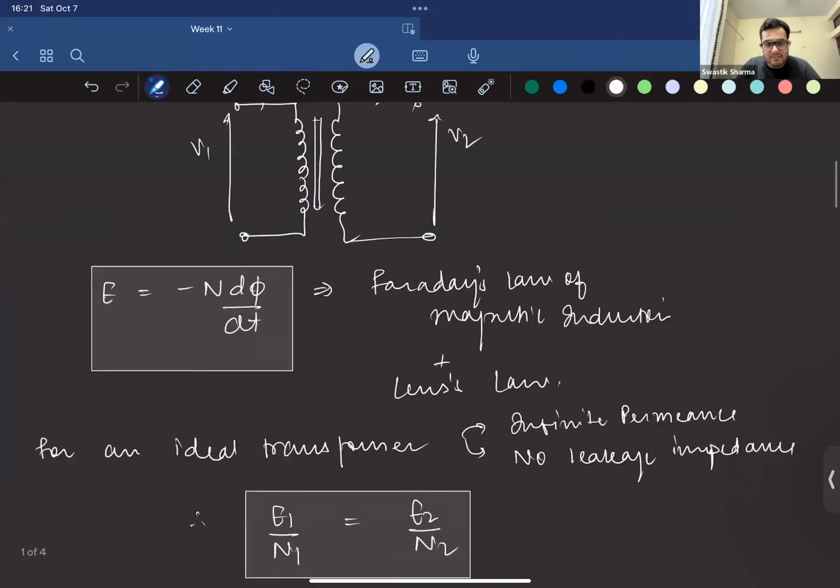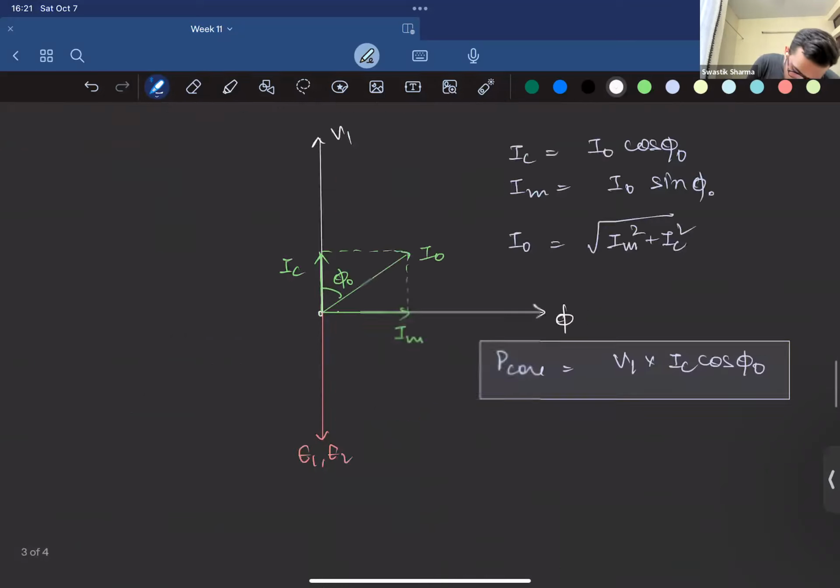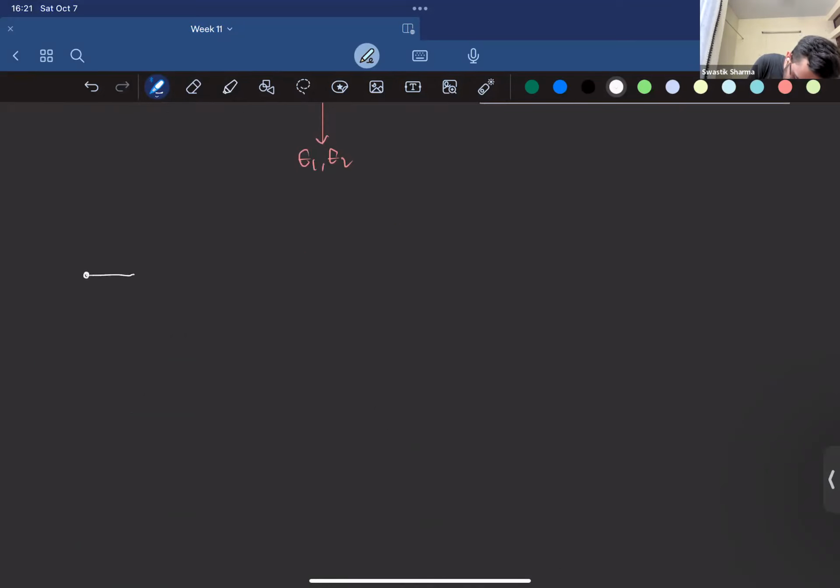But if we have these components, how do we represent it? Let's say we're still not considering any leakage impedances, right? We have some I1 component, and then